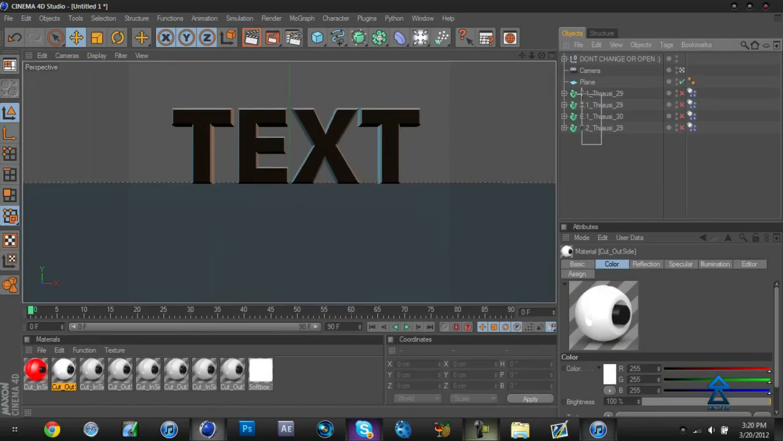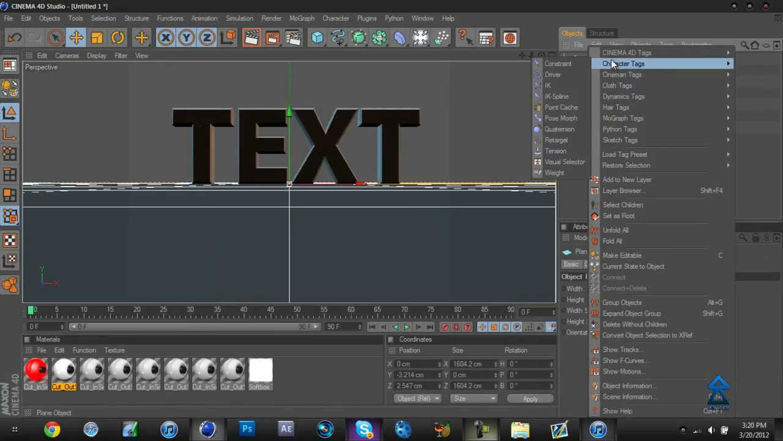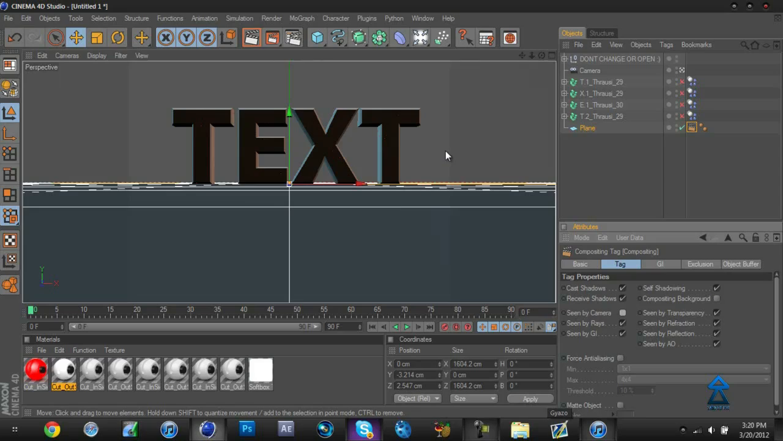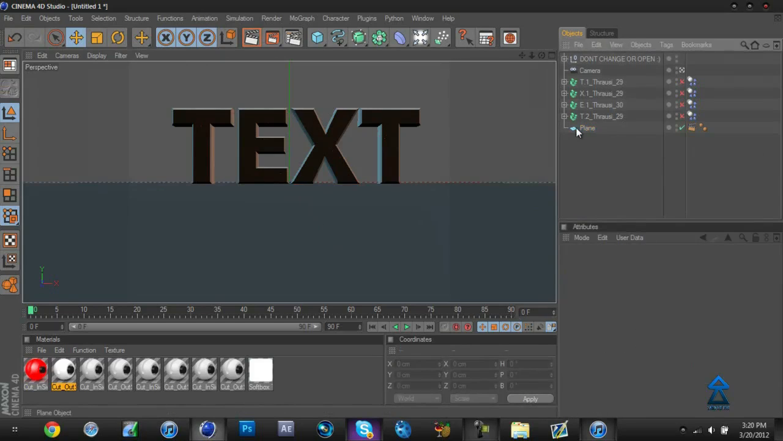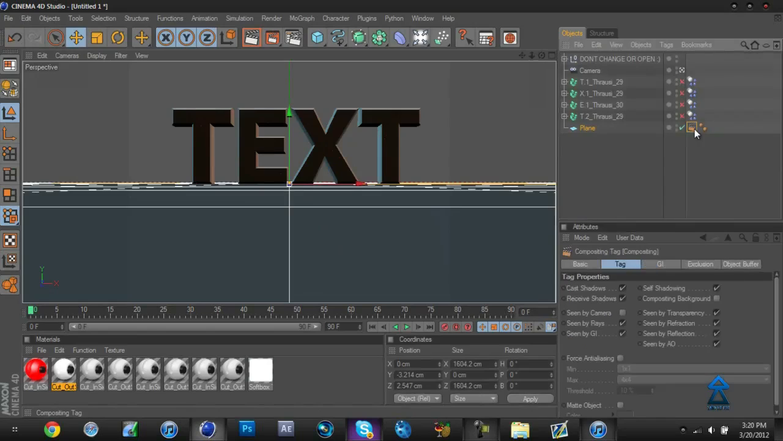So next, what you want to do is go to this plane, and right click it, Cinema 4D Tags, Compositing, and you would want to uncheck Seen by Camera so that when you render it out you can't see it, and also it will reflect onto the text if you have a reflective material. So what you want to do to stop that is go over to the compositing icon, and uncheck Seen by Refraction and Seen by Reflection. So uncheck both of those,